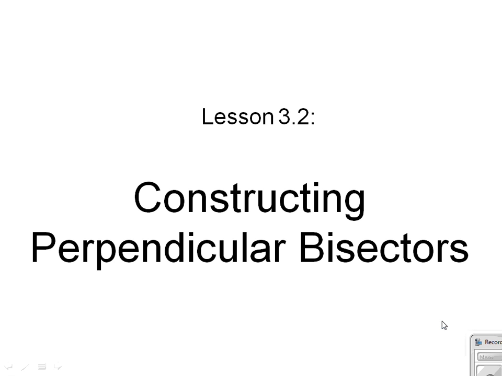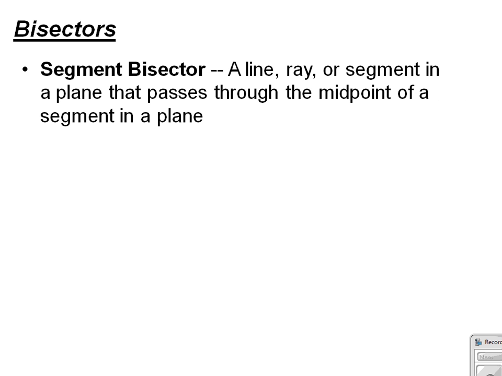Lesson 3.2 on constructing perpendicular bisectors. Now, to start off today's lesson, we need to discuss what bisectors are. A segment bisector is a line, ray, or segment in a plane that passes through the midpoint of another segment